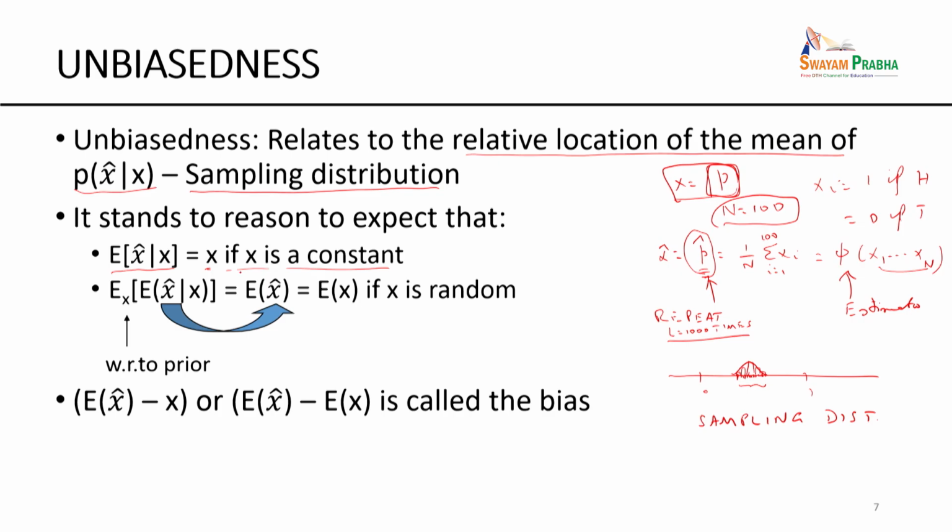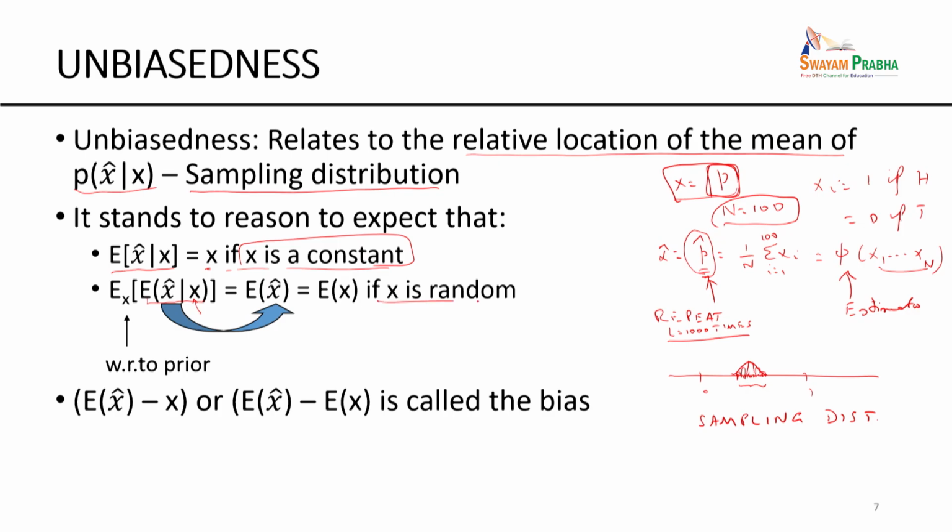And this is the case when x is a constant. When x is not a constant, this x is a random variable. So conditioned on this random variable taking the value x, I have the sampling distribution whose expectation is given by the inner expectation. So the inner expectation is based purely on the results of the random experiment, conditioned on a specific value of x.